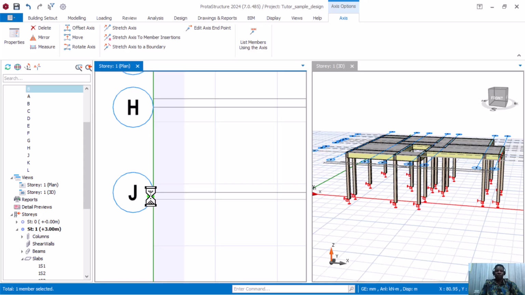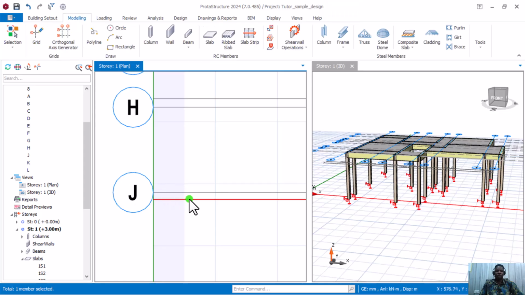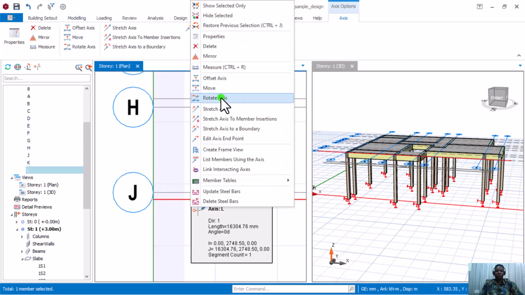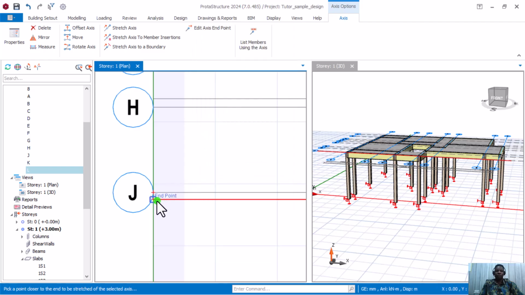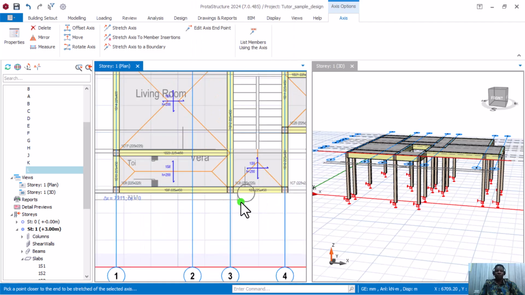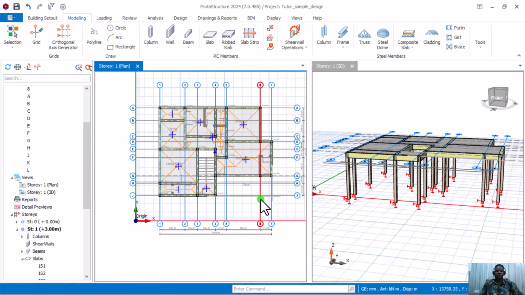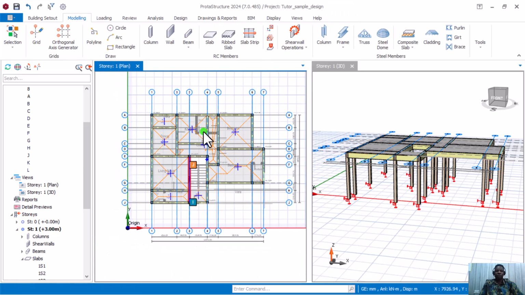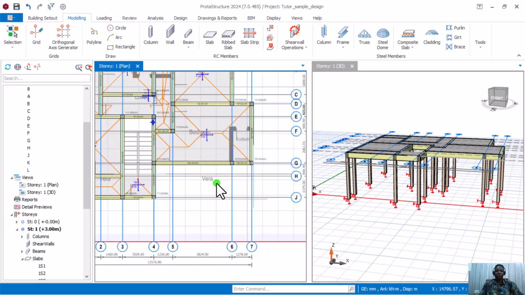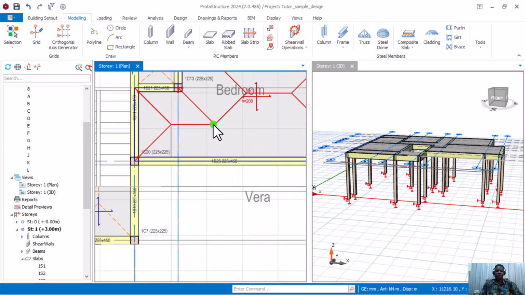Look at what we have here. We are supposed to collide, but because we have to hide it and we have to stretch it out, the design will be very simple and straightforward. Because I like my design being simple and straightforward without having a lot of issues. So if I click on this slab,